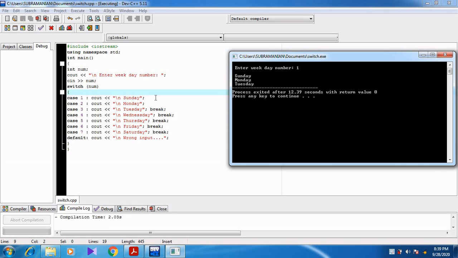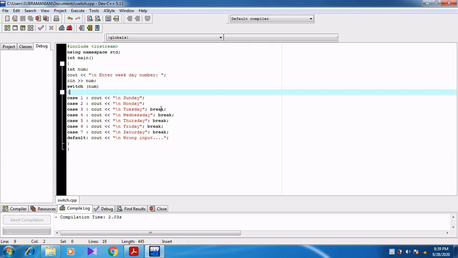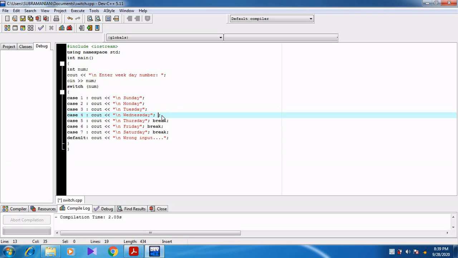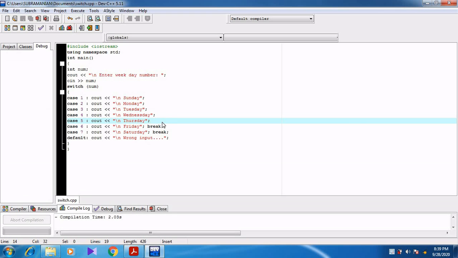Then why does it stop at Tuesday? Because case 3 contains the break statement, so it stops at case 3. For example, let us remove the break statement for another 2 cases, and save up to Friday.